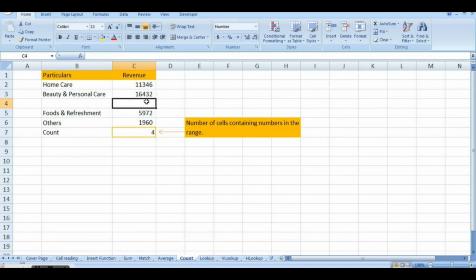Even though there is one cell not containing any value, it gives me the exact answer that only 4 cells out of the selected area are containing numbers. So if you want to find out in a large data how many cells are containing values, this gives an answer to you.